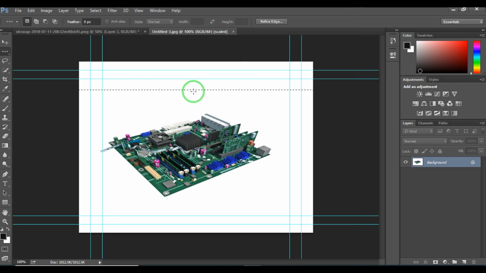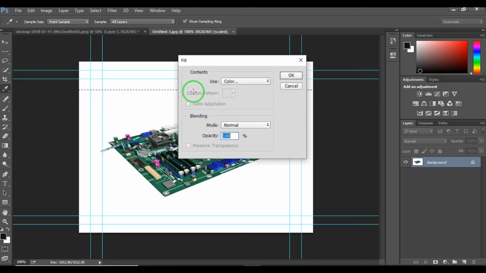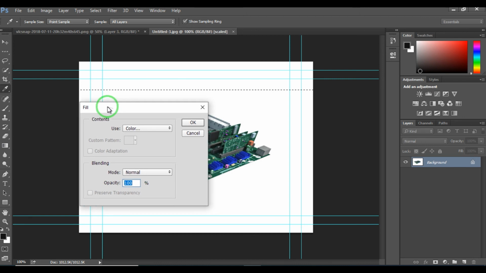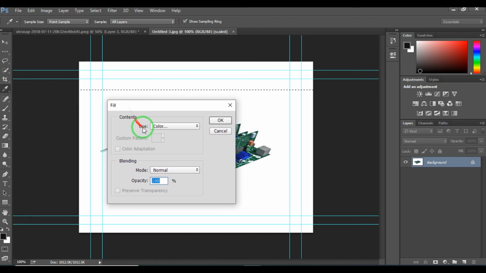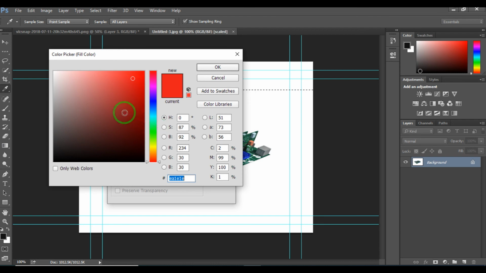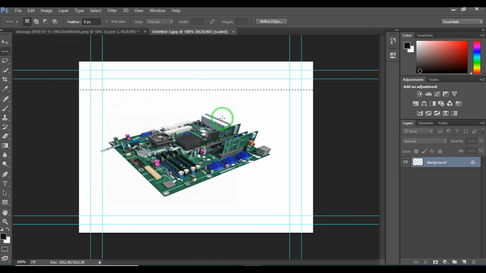If you want to check what the exact selection is, just press the delete key. Then you will get an option to fill the selected area. So here I am selecting a particular color. Click OK. Then deselect the particular area. You will see a selection of a single row, since we have filled that area with a new color that is appearing here.